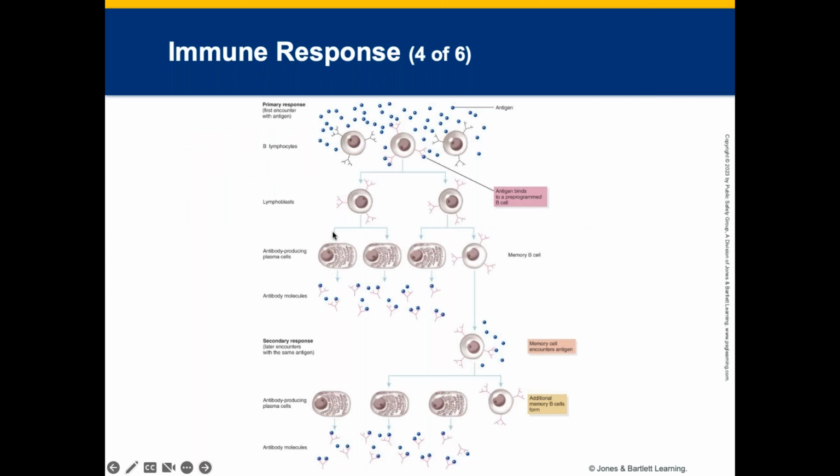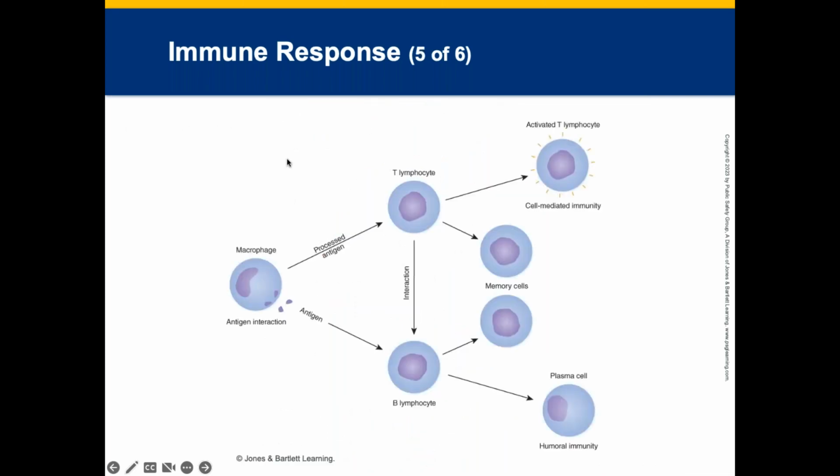This one here illustrates B cell activation. Again, I'll leave this up on the slide for you guys to look at. Very, very small. I literally can't read any of the words on here. But it's more of a B cell activation, immunocompetent B cells. This one here illustrates the interaction of cell-mediated and humoral immunity.